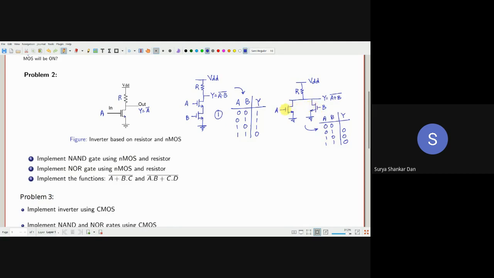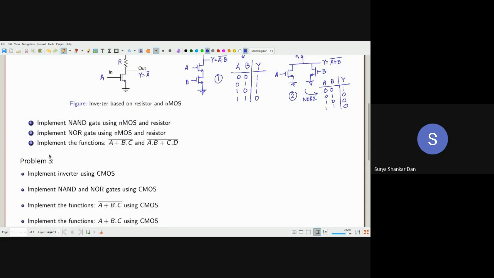That means that particular transistor will be switched on and the output will sink to 0. Only when A and B are both zeros, both the transistors are switched off, and then the output node will be high due to the short to VDD through the resistance R. So that will be high over there. So this is a NOR operation. This is a NAND. This is a NOR. Better still, let us put the number 2 indicating a 2 input NOR gate and a 2 input NAND gate. So this is the answer to problem number 2.